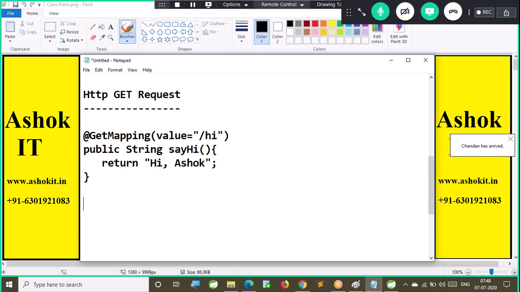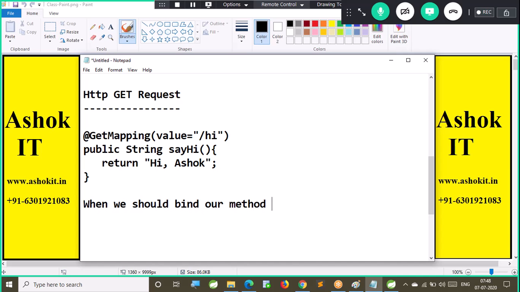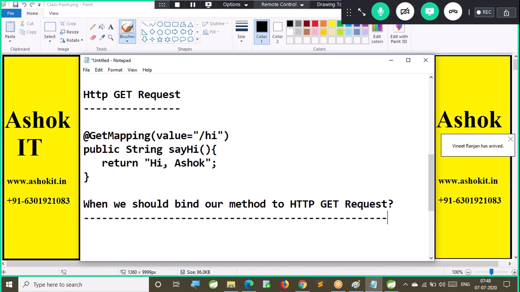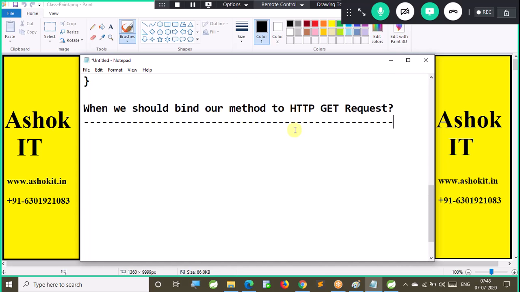When should we bind our method to an HTTP GET request? Does anybody have any clarity on that?